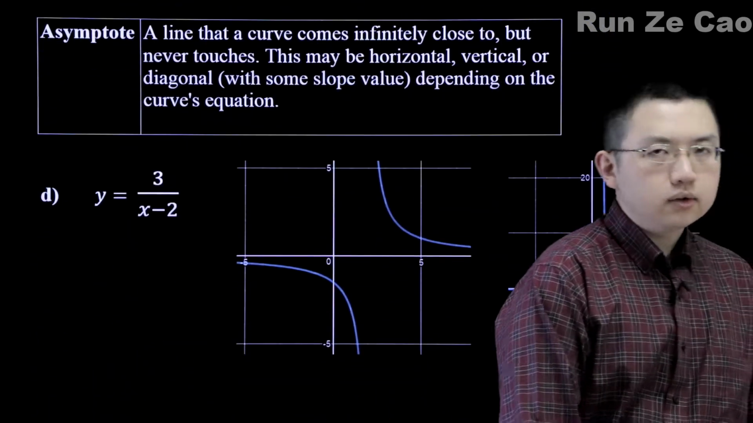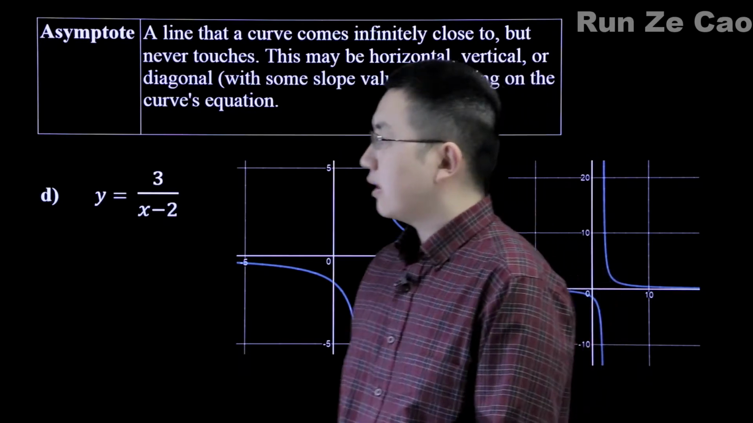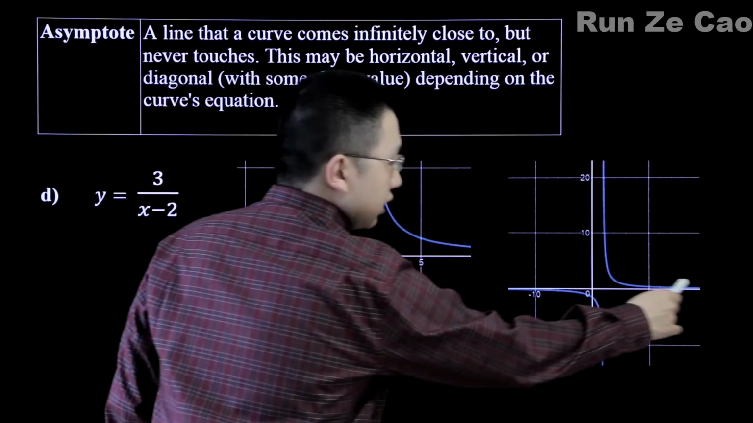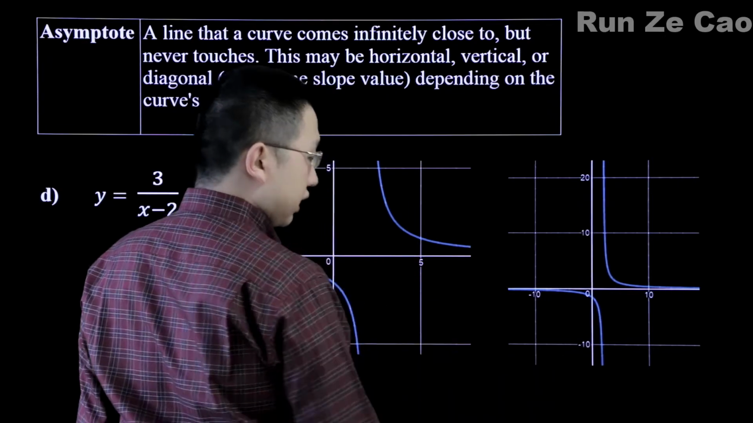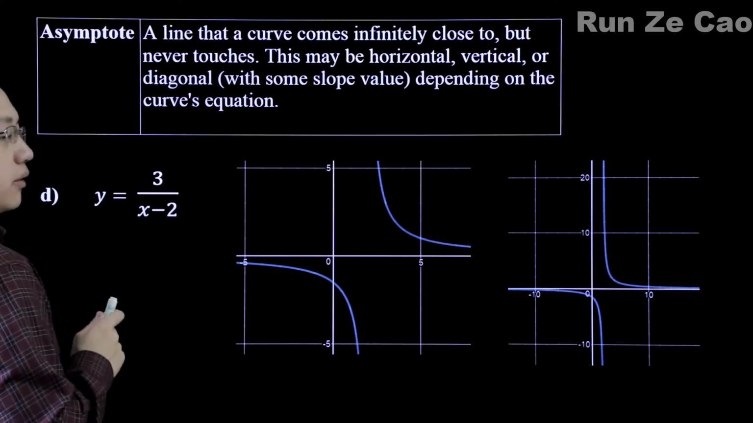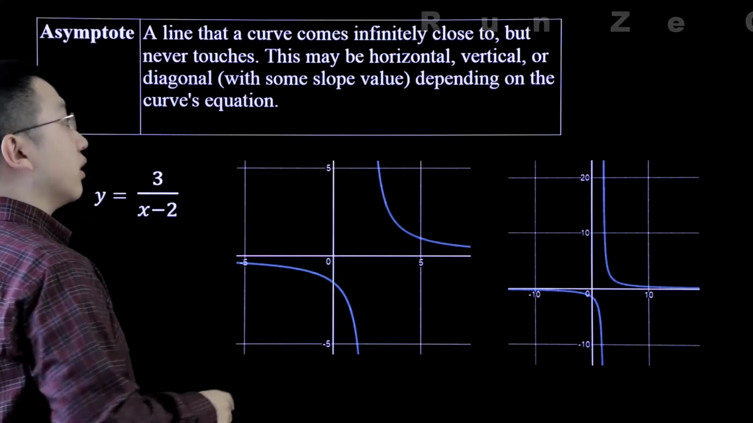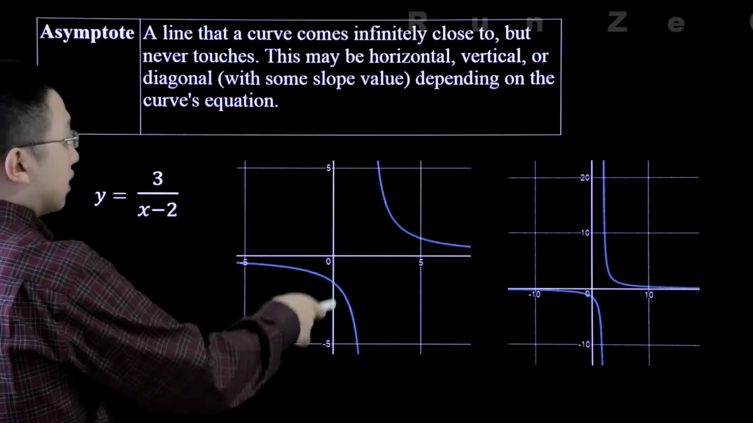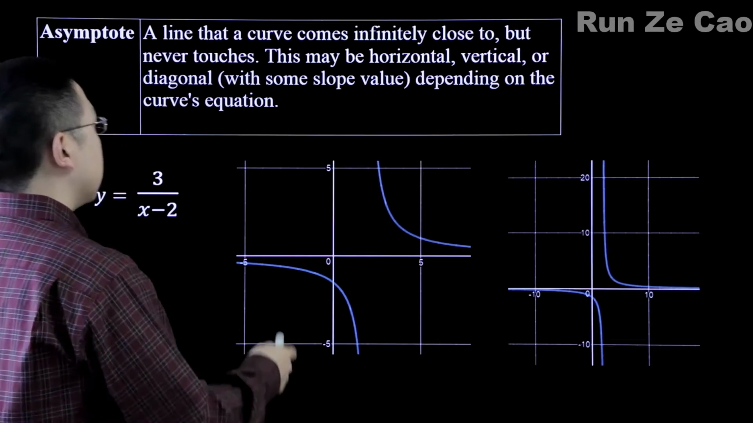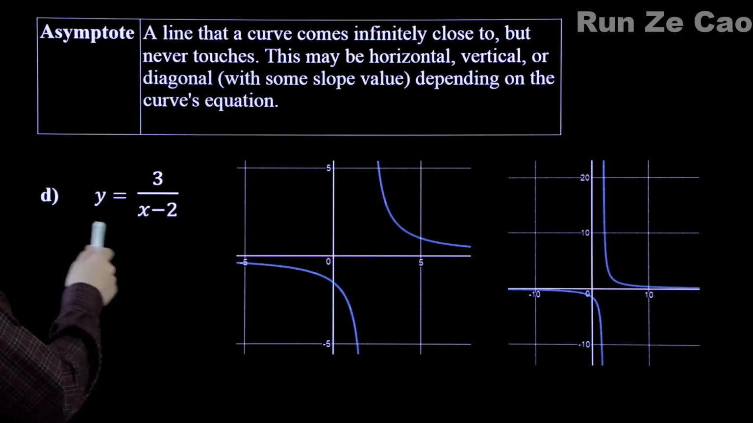Now sometimes you look at a relation and it has an asymptote. An asymptote is a line where a curve comes infinitely close, but it never touches. This line can be horizontal, as you see here. It can be vertical, as you also see here, or it can be diagonal with some slope value that depends on the equation. Now, whether these asymptotes are horizontal, vertical, or there are multiple of them, all depends on the curve's equation. So for this equation,